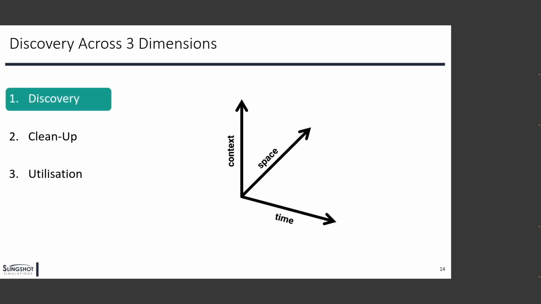In terms of discovery, there are two things that we particularly look at. First of all, we look across three dimensions. We look at what the data is talking about. It might be warehouse orders, products, travel information, or sales information. What is the context? And how does it relate to other things in your business and your daily lives?